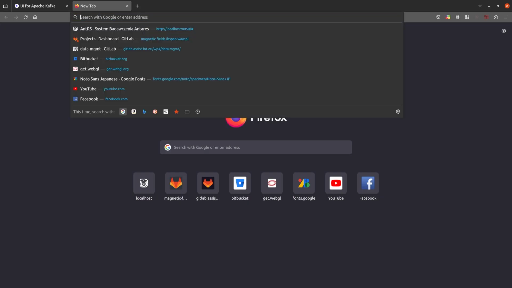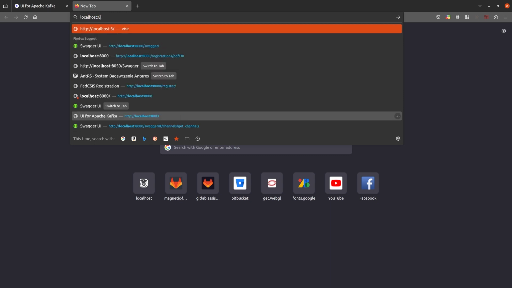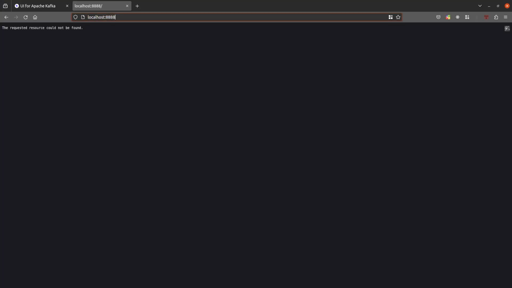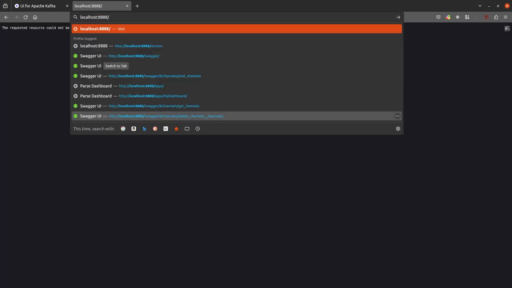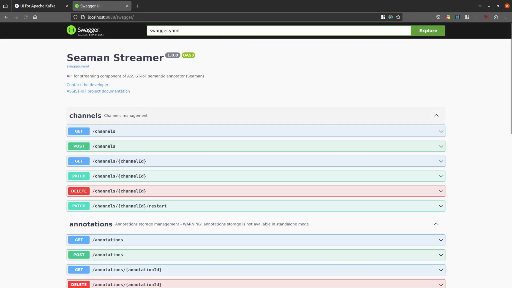So now if we go to localhost on port 8888, this will give you the REST API for our software. The first endpoint that you can visit to see if everything works could be, for example, /version. And if you want to see something better, go to /swagger, and this will give you the full documentation for